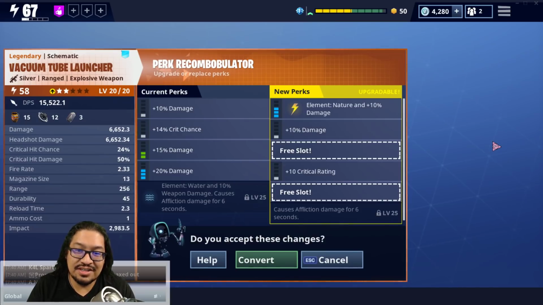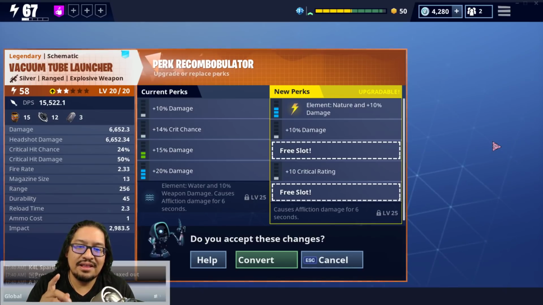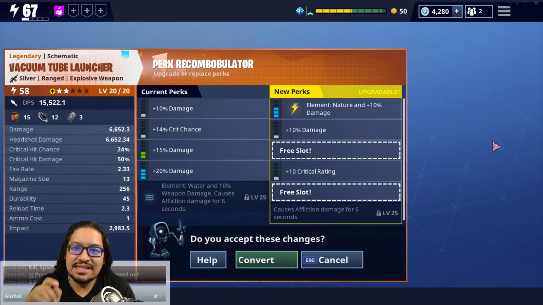Well, it goes to nature and 10 damage, 10 damage and critical rating, and still causes affliction. Okay, so the fact that it causes affliction is pretty good. Don't forget, though, that because of the recent changes, even if I cause affliction with this weapon, if I switch